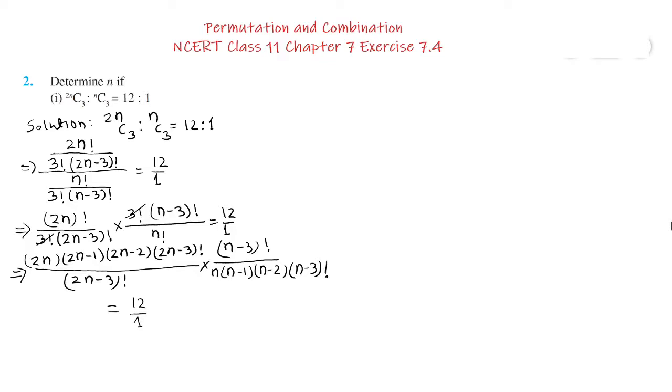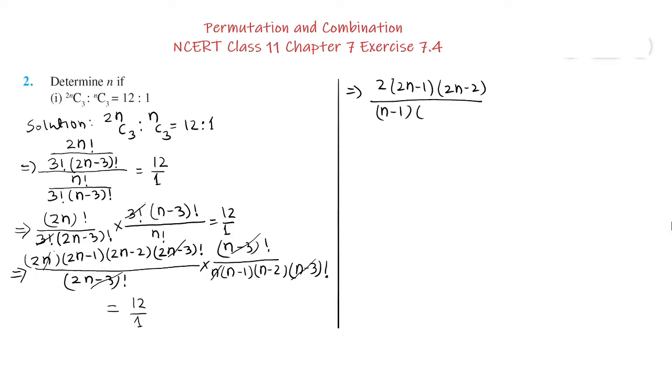We cancel 2n minus 3 factorial of numerator by 2n minus 3 factorial of denominator. We also cancel n minus 3 factorial of numerator by n minus 3 factorial of denominator, and we cancel n of the denominator to 2n of the numerator for 2 times. So this gives us 2 into 2n minus 1 into 2n minus 2 upon n minus 1 into n minus 2 equal to